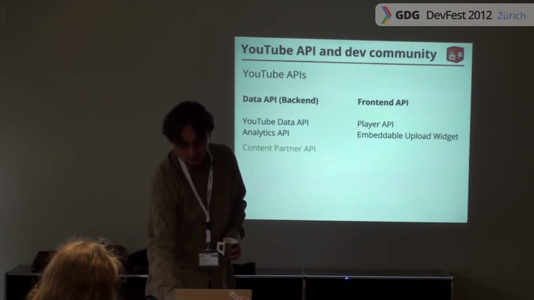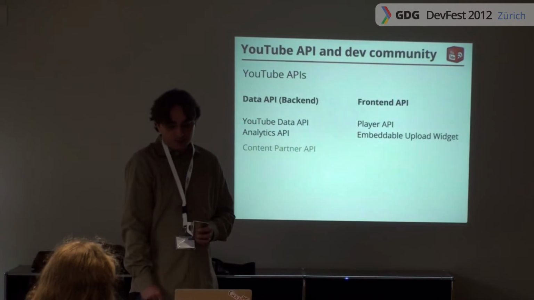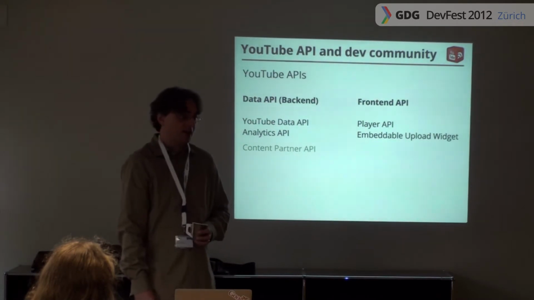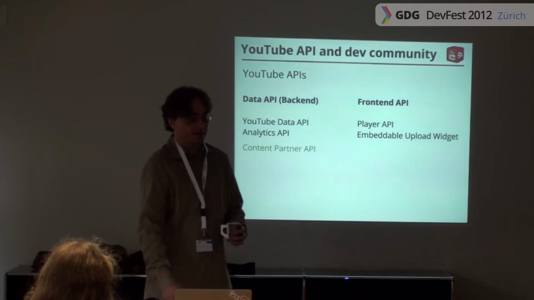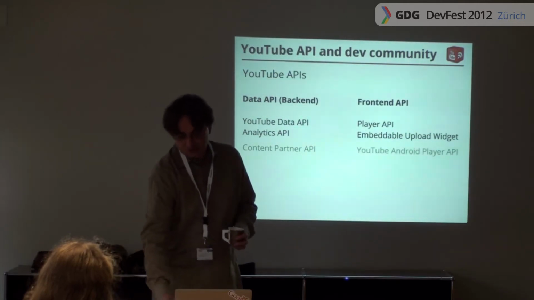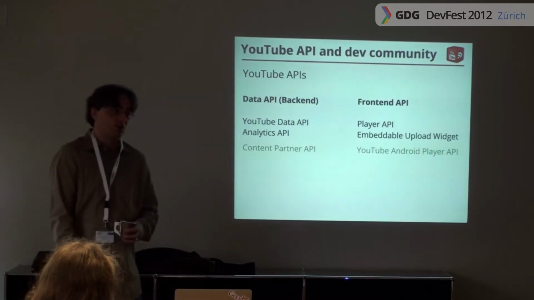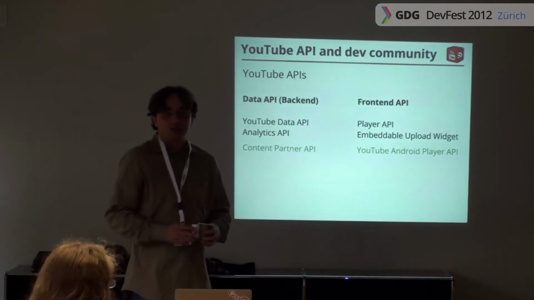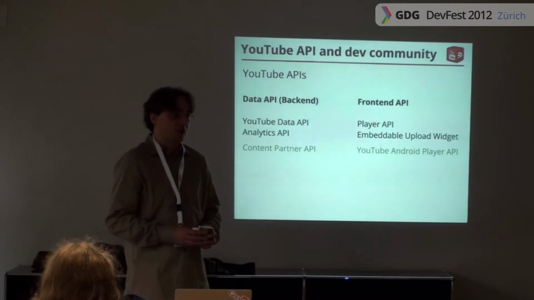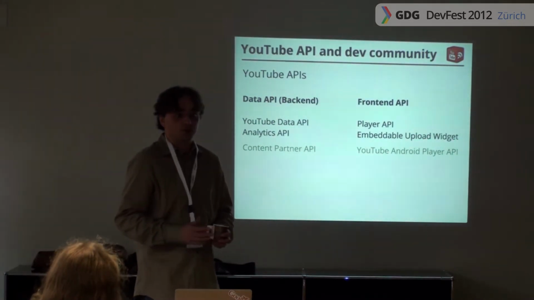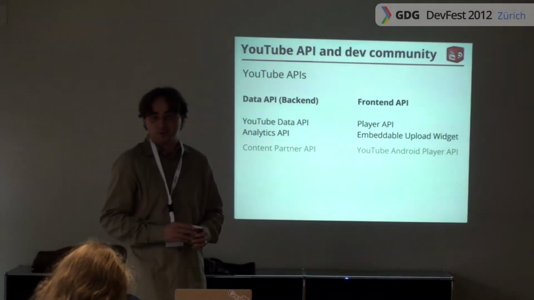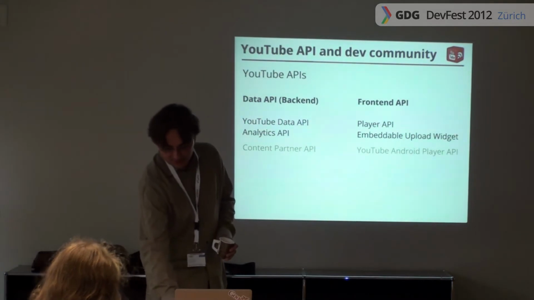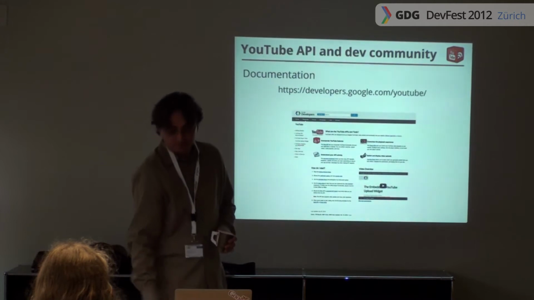So what is coming for the data API, we're going to launch the content partner API soon, which enables creators again to manage their business data, monetization data, and things like this. And more interesting for you guys is the YouTube Android player API. So the ability to embed YouTube players inside your Android apps. Until now, you were forced to leave your app and leave control to the YouTube app, or to go to the web, right? To use a web view. But now we offer this new thing, and I think we're going to enable a lot of really cool applications.